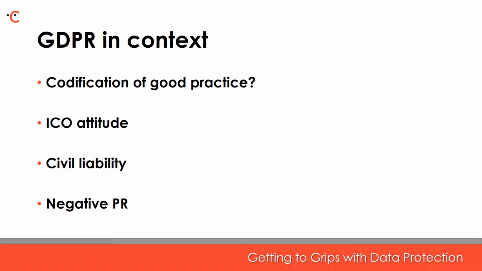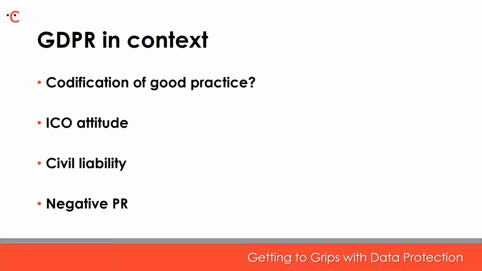It may also help to say a few words about the Information Commissioner's Office and their attitude to the GDPR in particular, and what they said about enforcement. A fine can be levied against the data controller in relation to the actions of a data processor if, for example, the data controller hasn't done enough to monitor compliance. Also, understandably, there's a great deal of concern about the headline figures of a maximum fine of 4% turnover or €20 million. But these figures will have very little relevance for the vast majority of businesses.